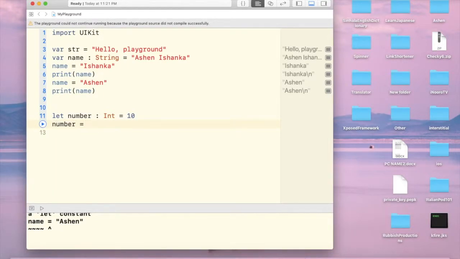Number equals 11. It cannot happen because this is a let constant. Okay,